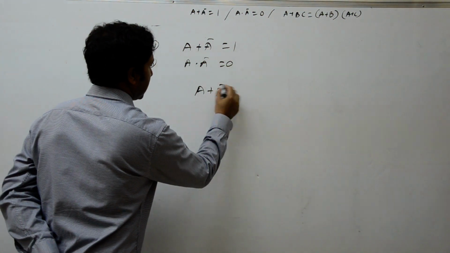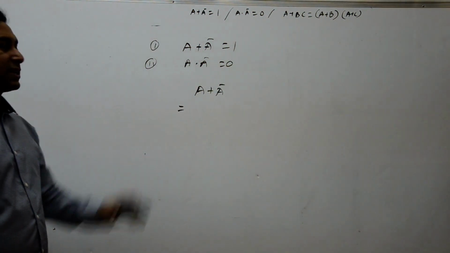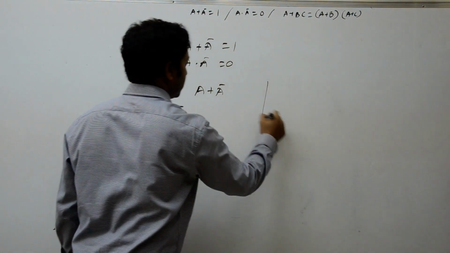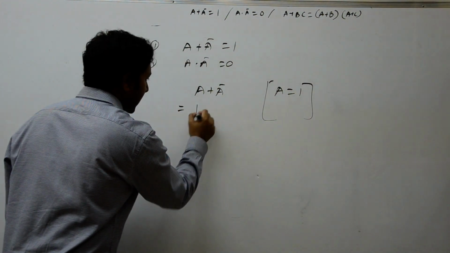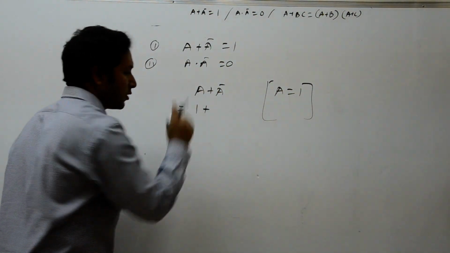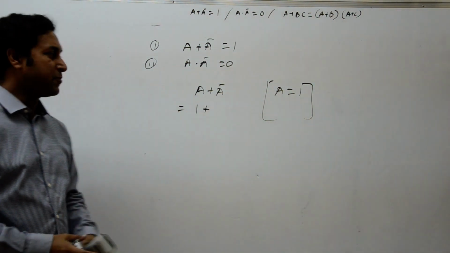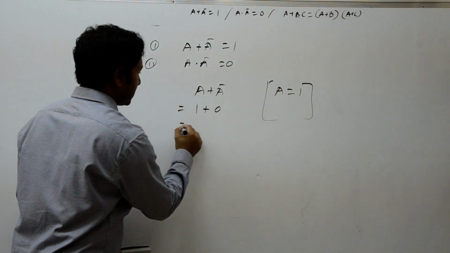A plus a bar is equal to, assume a is equal to 1. If a is equal to 1, what will be the value of a bar? Just opposite, that we have seen already in De Morgan's law. So if it is 1, it will be 0. So 1